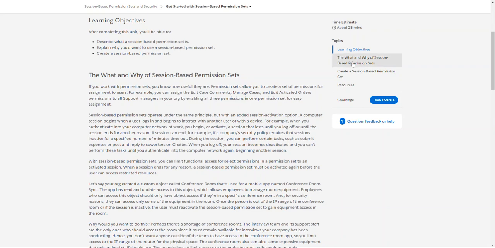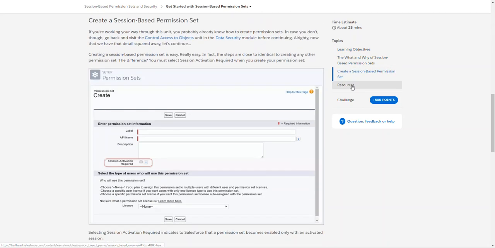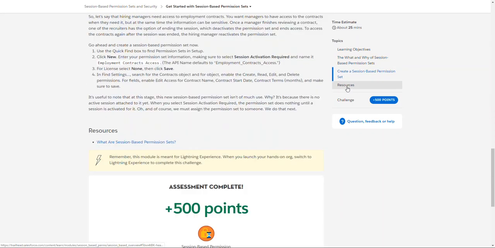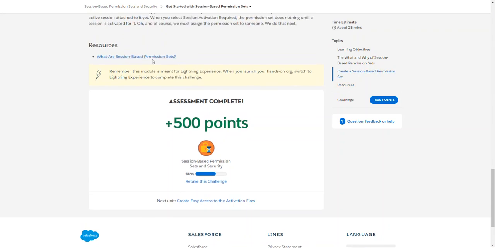What are the objectives of this lesson? And then we have the other topics. And if you click on these, it'll take you directly to the topics, or you can scroll around, right? At the most, units will have resources at the end. It'll have links to other things that are important to learn. For example, there's a resource here, and